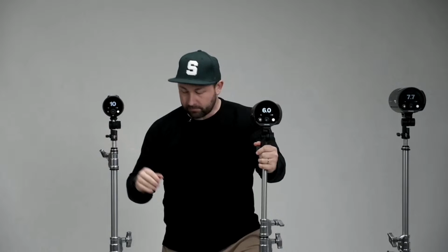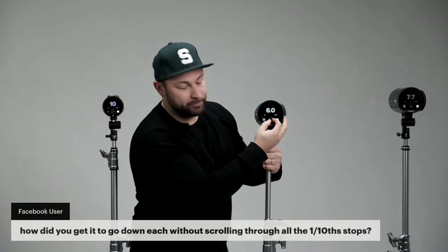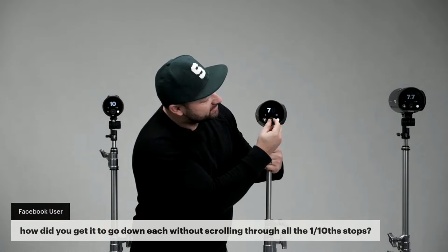So how do you get to go down each without scrolling through all of them? Oh, so the A2 doesn't do it, but a lot of people, maybe people don't know this, you can actually press the dial in, and when you press the dial in, you'll see the tenth of a stop disappear, and then you can turn the dial, so you can actually move